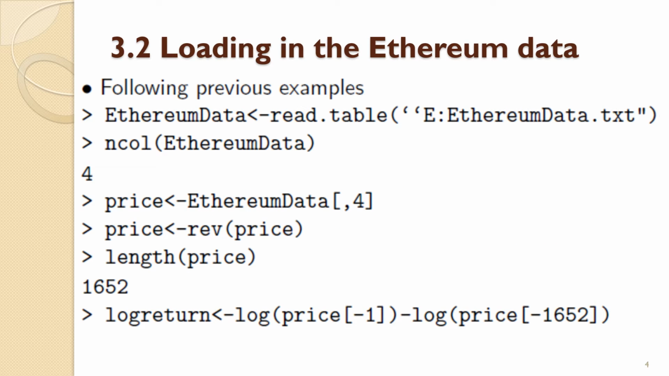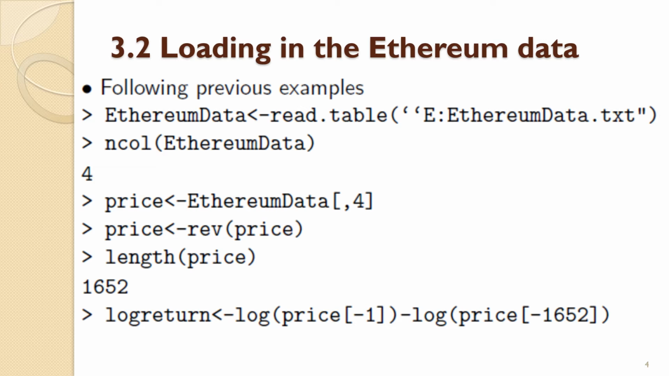So the same process, rhyme, rhythm and reason in terms of the R command and how you load in the data that we've seen before. The first line of the R code there is a read.table command applied to this data set that is saved in .text format. You might have to change the letter depending on what your USB drive is called. Then the next line counts the number of columns in this data set. The price is identified as this